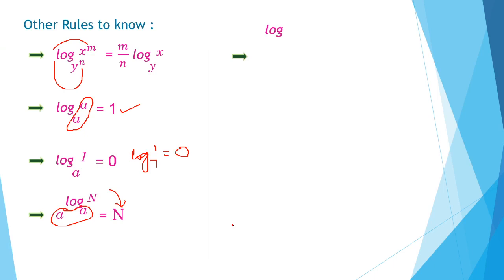Another rule is there: logarithm of x to the base a divided by logarithm of y to the base a. What do you observe in both the logarithms, in the numerator and denominator? Both the bases are equal, a. If it is like this, then we can write it as a single logarithm. Here both logarithms are there, in the numerator and denominator. We can convert this into a single logarithm, log x to the base y. Okay. Coming to the next rule,